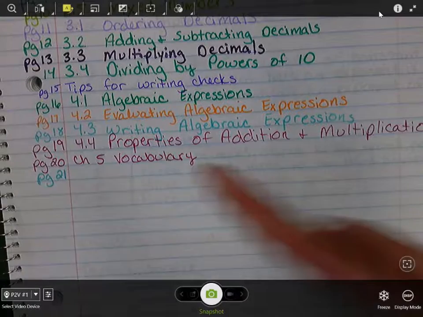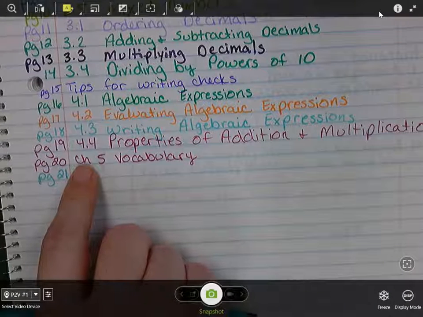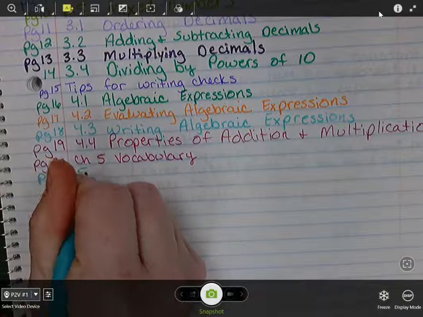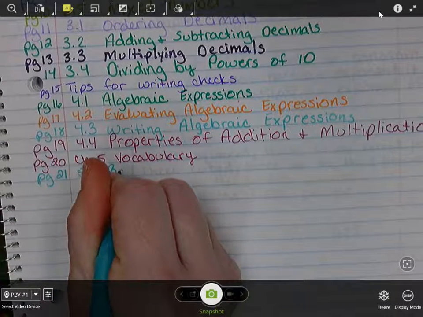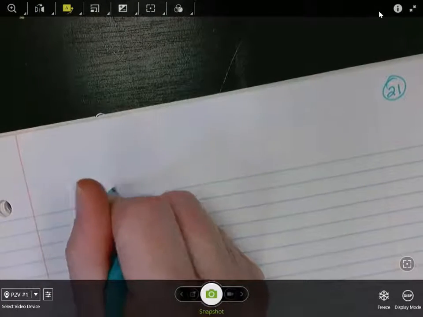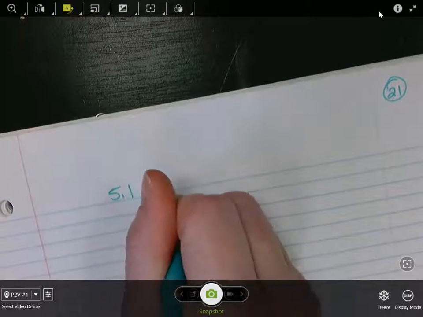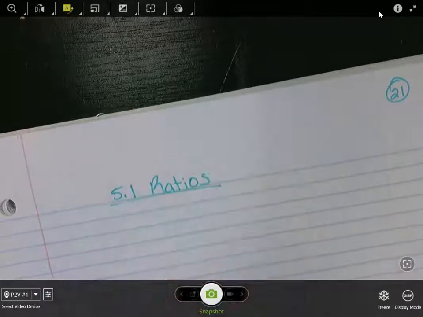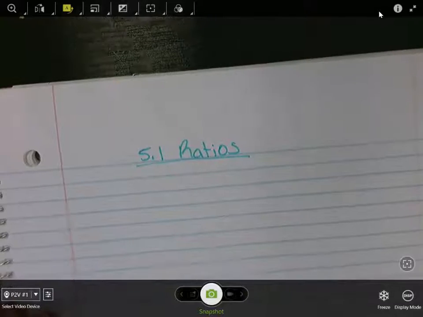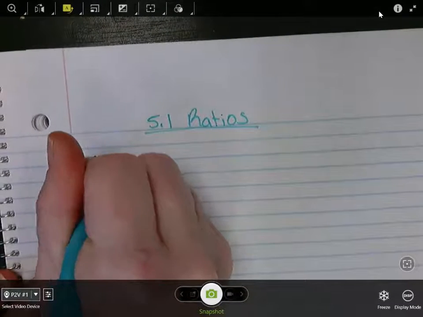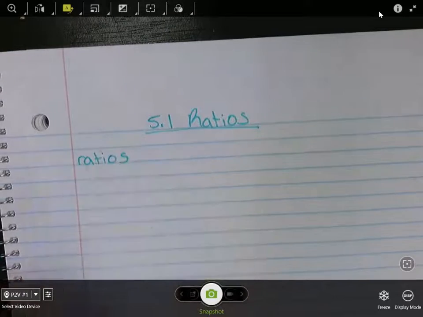All right, so again, for page 20, you should have chapter 5 vocabulary. And for page 21, it needs to be 5.1 ratios. Okay. All right, and you need to put 5.1 ratios. From your vocab yesterday, you know that ratios